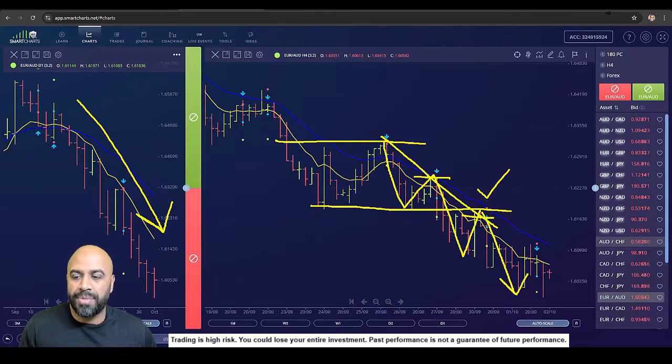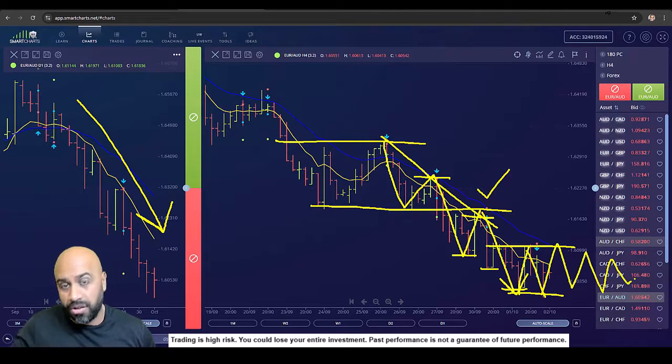The problem is it's gone a bit congested and a bit sideways now, hasn't it? You can start to see the lower low cycles not as big anymore, a little bit smaller. We're starting to get back into these high points. We didn't make the lower low cycle, so it's starting to look like it could start to range a bit, taper off a bit, which is fine. But we traded the high momentum stuff here.